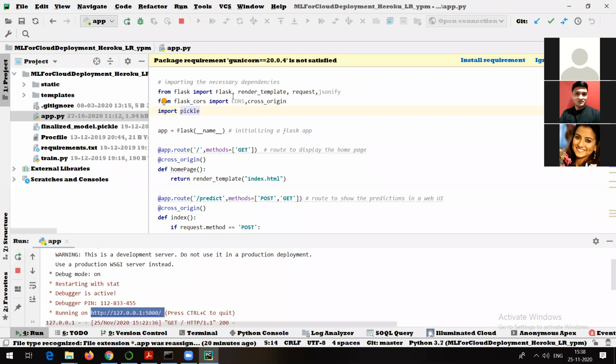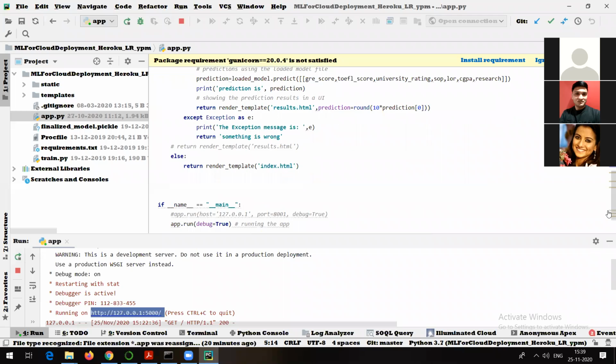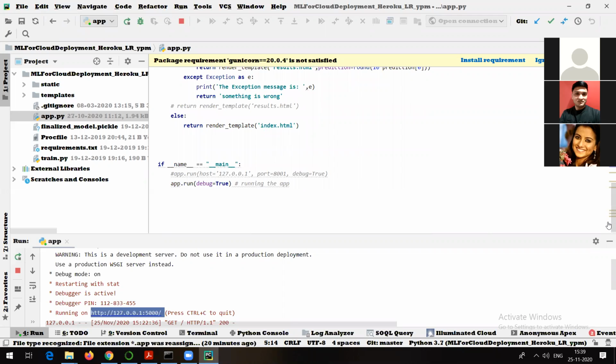What is the starting point of this code? Almost all the time, when we work on real-time projects, we use an object-oriented approach. In the object-oriented approach, we create objects.